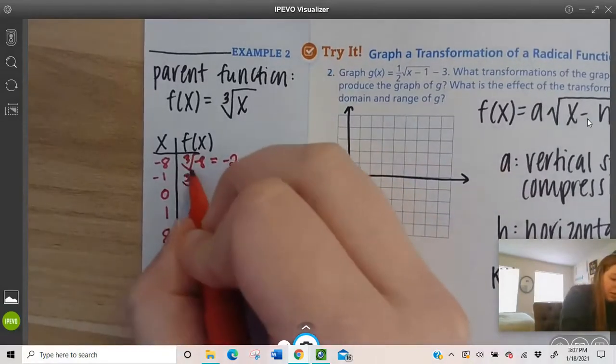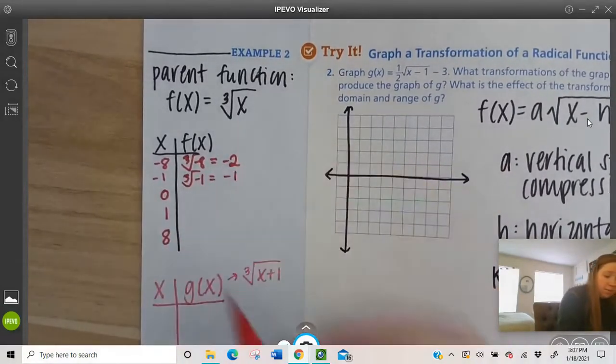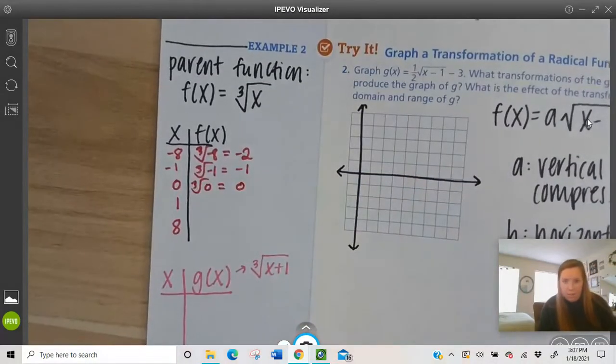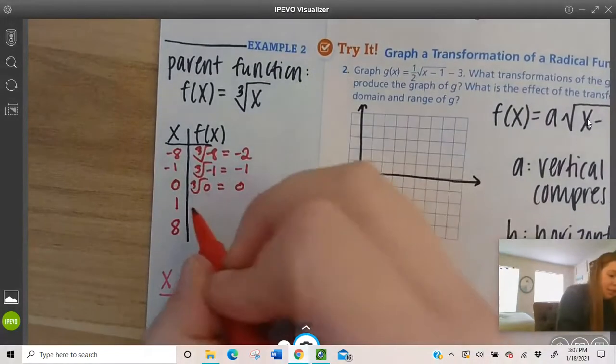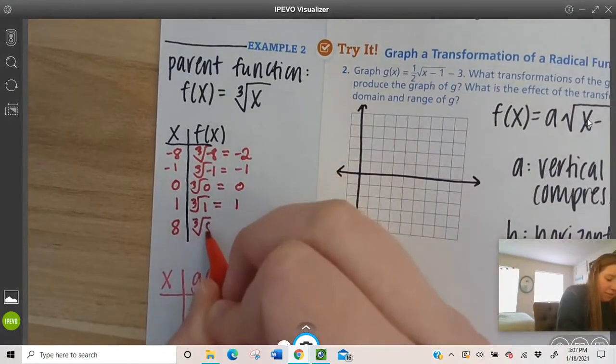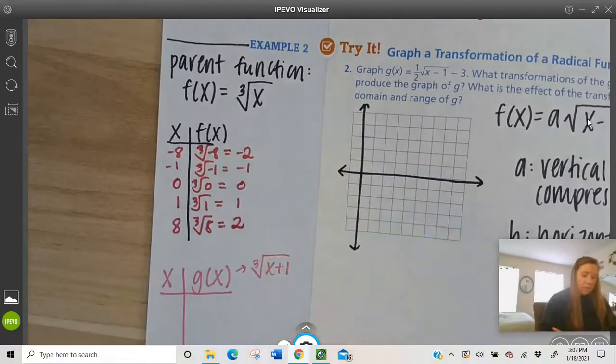The cube root of -1 is -1. The cube root of 0 is 0. I'm writing really small here to fit this in. The cube root of 1 is 1. And the cube root of 8 is 2. So we now have calculated our starting points of our parent